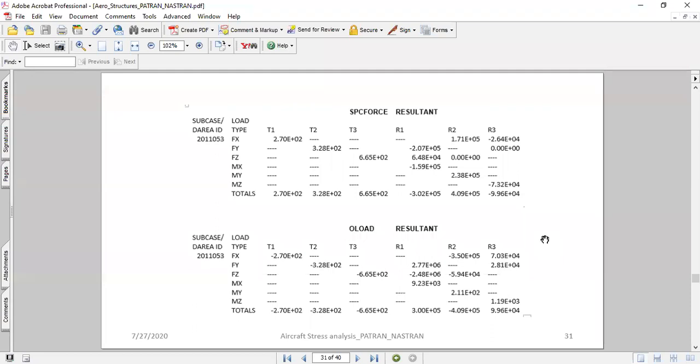Suppose you are applying a force at the other end, whatever reactions develop onto the beam should be exactly in equilibrium with the applied loads. Otherwise, the model would act as a rigid body. Over here, you can clearly see this is copied from the F06 file. The constraint forces match with the applied loading. So the structure is in static equilibrium.